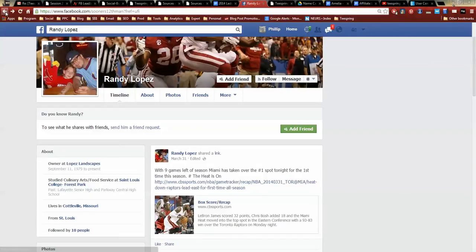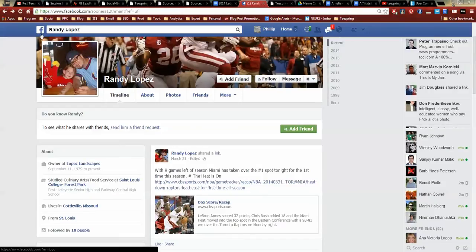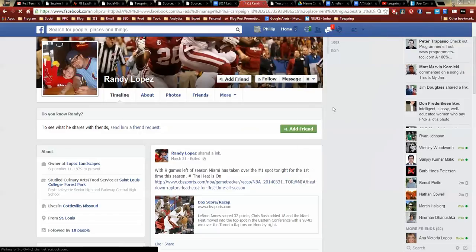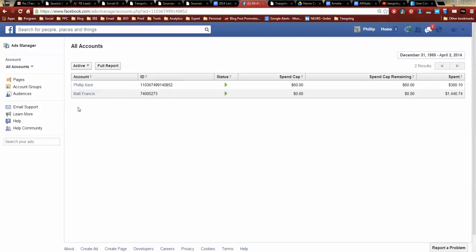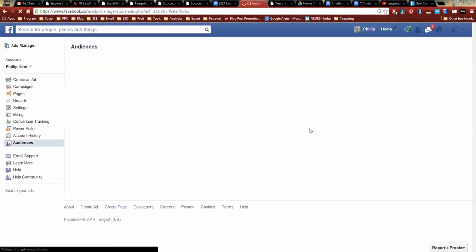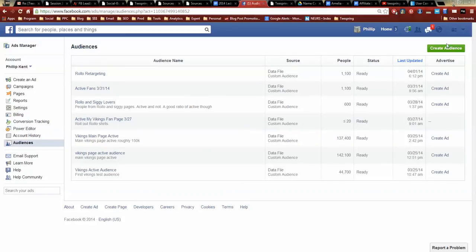We're going to copy that, and we're going to paste it into a notepad file. And we're going to do this with everybody on our page who leaves a negative comment, all right? And then, after we have that list of individuals, we are going to go to the Power Editor, and we're going to go to Manage Ad, either to the Power Editor or to the Manage Ads page, and then we're going to go to Audiences, and then we are going to create an audience, and we're going to upload just the people who have left